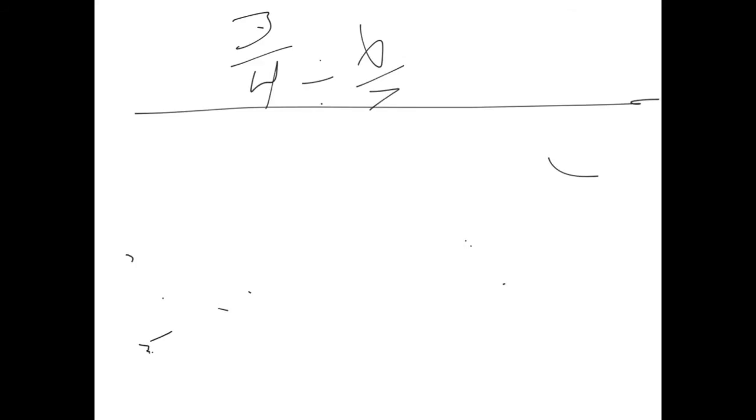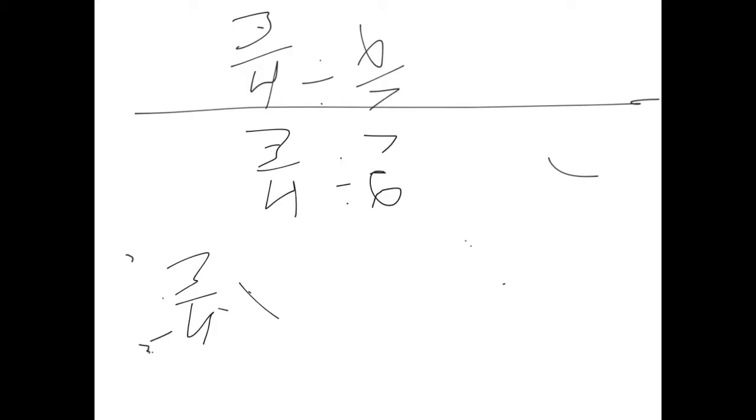So I'm gonna rewrite the problem, but I'm gonna flip the reciprocal. So I put 7 over 6, and then I do this, but then I switch it to a multiplication symbol,